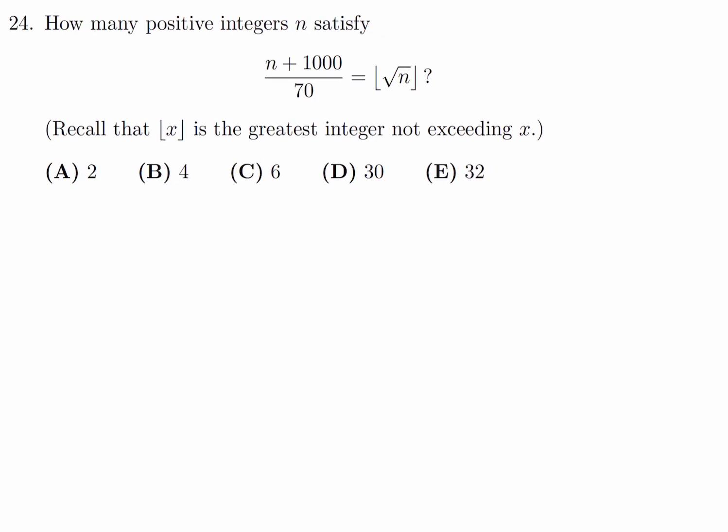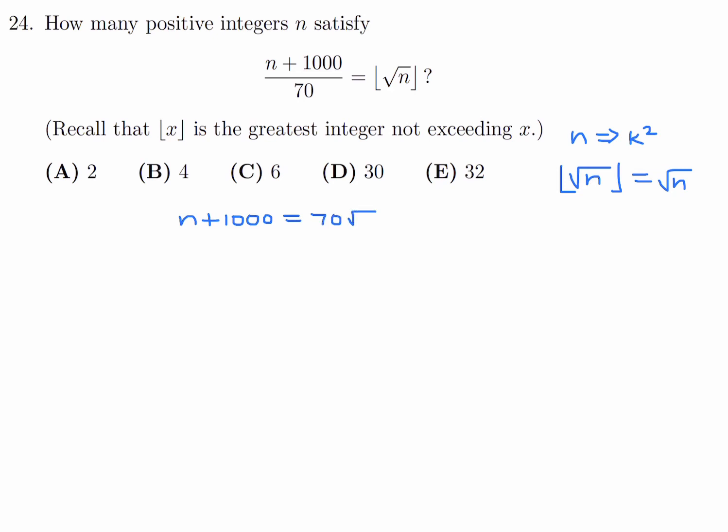Notice something really quick: if n is a perfect square, so for example something like k squared, then root n would obviously be an integer. So if you took the bracket of it, it would just end up being the same as root n. The bracket doesn't change it because you're dealing with an integer. So you can substitute that into this equation, and you get n plus 1,000